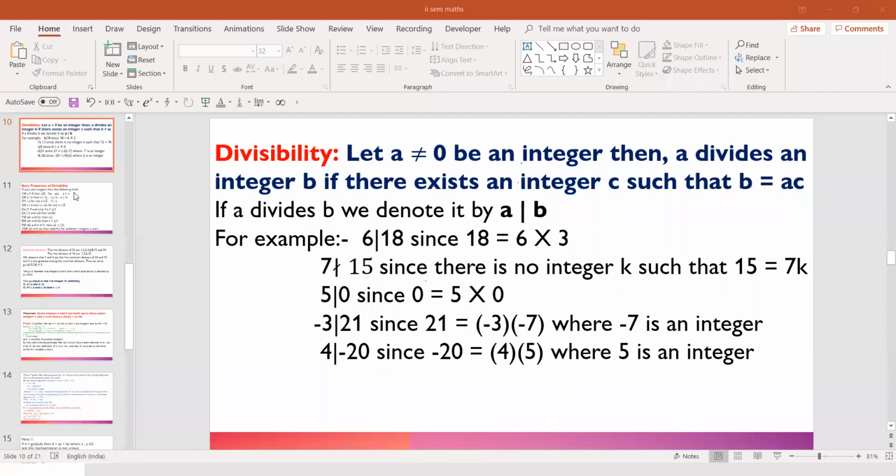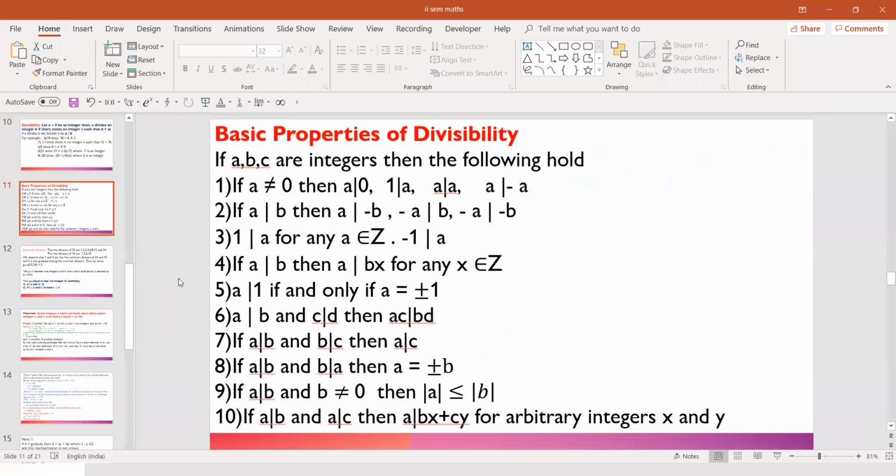So we'll pass on to the next screen where we see properties of divisibility. Look at these properties. If a, b, c are any three integers, then we can state these properties. So all these properties hold good. If a is not equal to 0, assume everywhere the divisor a is not equal to 0. Wherever a divisor is given, say c, here c is given, it is a non-zero integer.